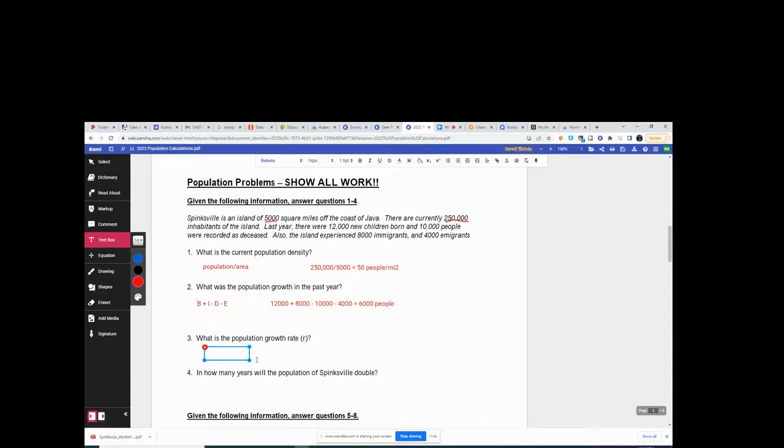The growth rate, that is, what was the population growth? We just got it. It's 6,000. So 6,000 divided by the total population. So the total population is right here, 250,000. Right here. There we go. 6,000 divided by the total population, which is 250,000, equals. All right, so the growth rate, 6,000 divided by 250,000 equals